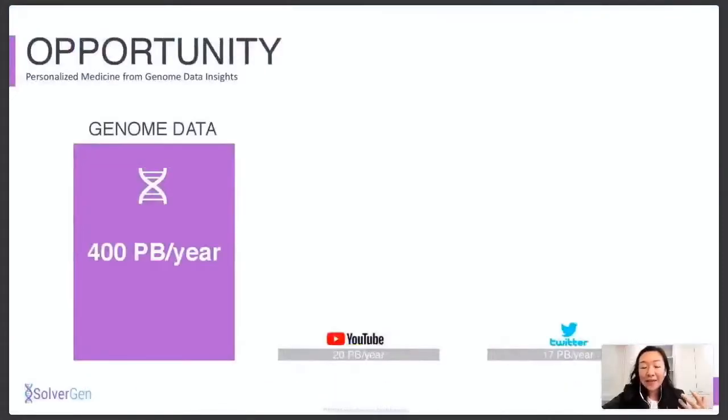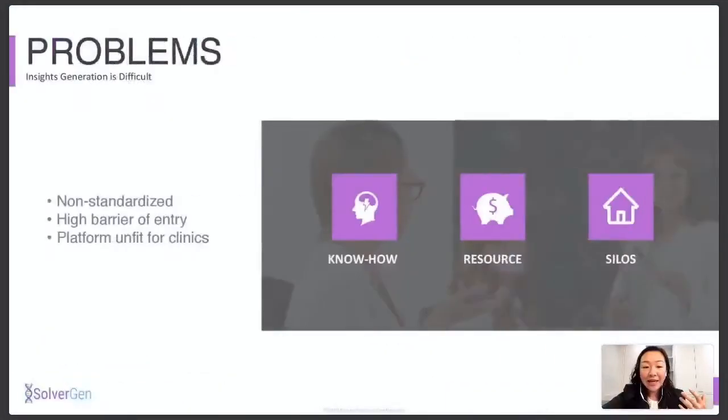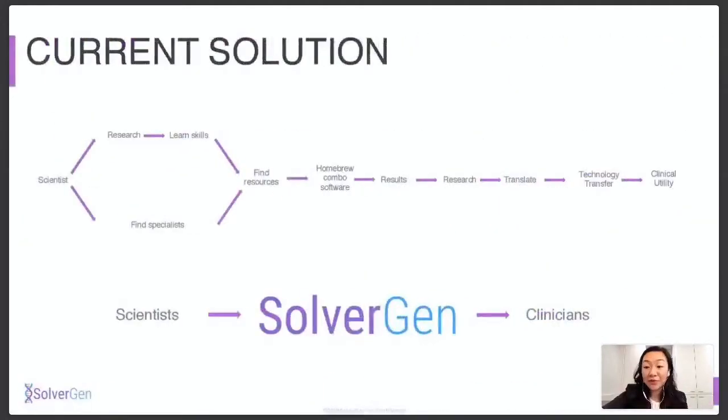And we have an opportunity because we have all this genome data available, but it is very difficult to mine genome data insights. And most biomedical research scientists would tell you that they don't have the know-how or the resources to do it. And currently available solutions are mostly siloed and on a platform unfit to be used in a clinical setting. At SolverGen, we are changing the current paradigm of how genome data insights are discovered and translated